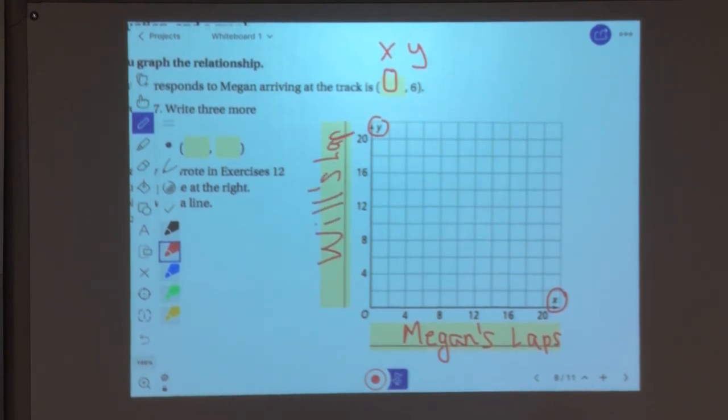Whenever you do a graph, you need to make sure you label that x-axis and you label that y-axis. And the last thing we need on a graph is a title. So what this is about, we don't need to say Megan and Will because those are already in our x and y axis labels. So what we need to do is come up with a title that tells us what these